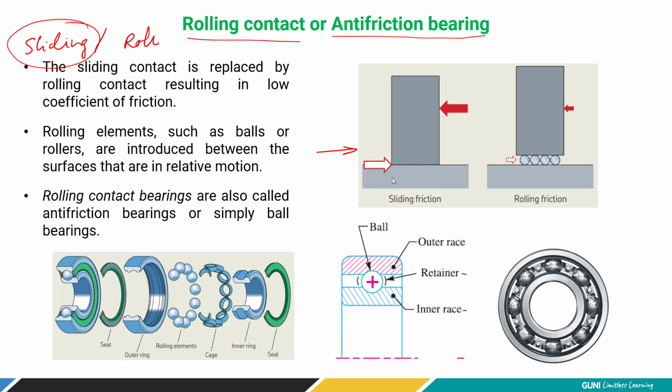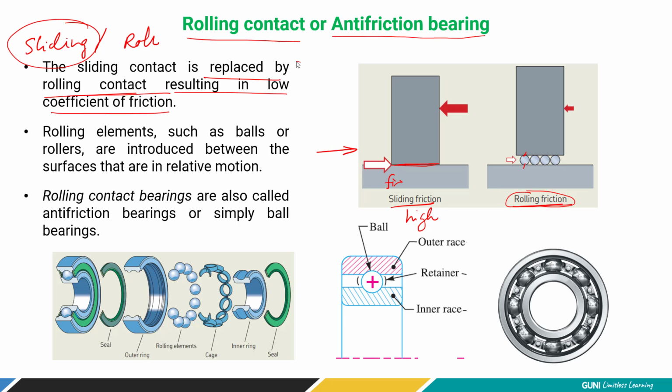So here it means one has to be fixed. So here there is going to be a complete surface contact. So more surface area is in contact, and you can say it is relatively going to offer higher friction. Okay, but if you just focus on rolling friction, where the steel ball or the roller or circular geometry simply rolls over, there is going to be a point contact over here. So rolling friction will give you minimum friction during the operations. So sliding contact is replaced by rolling contact, resulting in a low coefficient of friction.